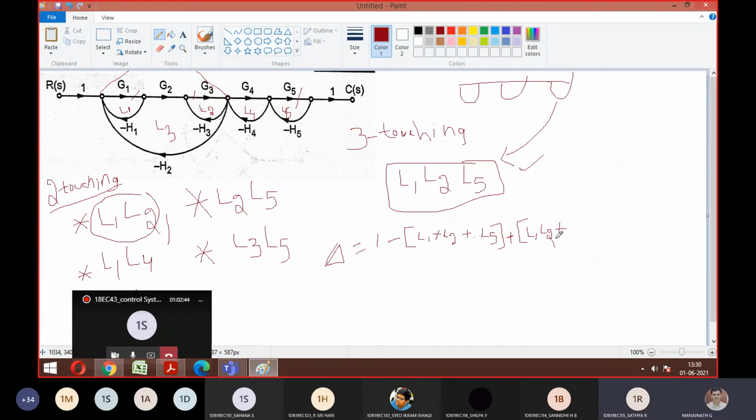Agree, everyone? Yes. So L1, L2 plus whatever things you left out, everything should be product, then summation. So this will have 5 categories. Then the formula goes with plus or minus? Minus. Good. So how many 3 non-touching loops you have? L1, L2, L5. Further it is not there, so it looked like multiplication. If further it was there, I could have done plus. Understood, guys?